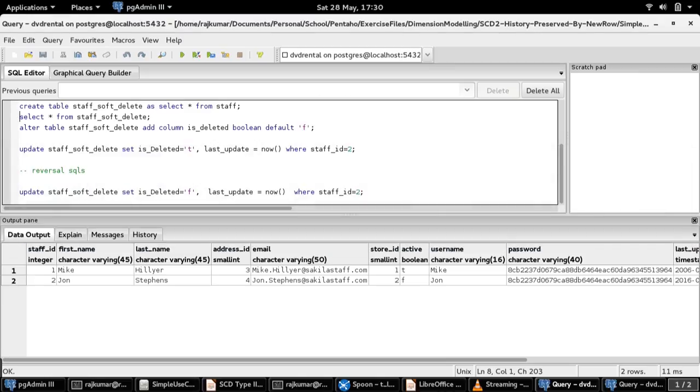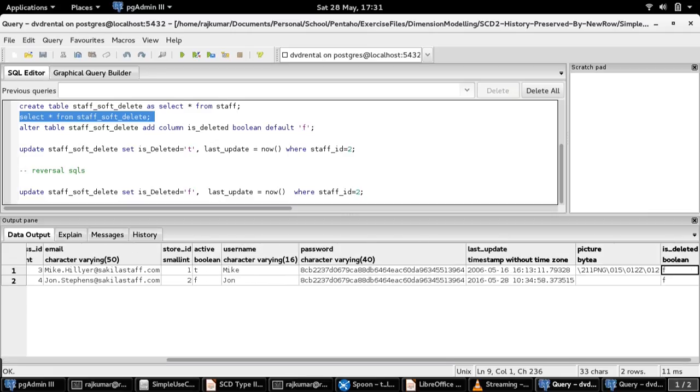Now let's jump to the demo part. This is our source table, which is pretty much similar to the table which we saw in the simple use case part 1 demo, except this particular table has an additional field called isDeleted to mark the delete operation when it happens.